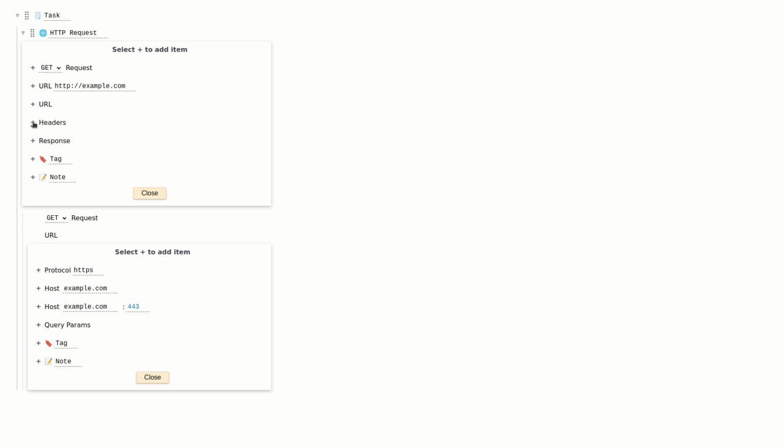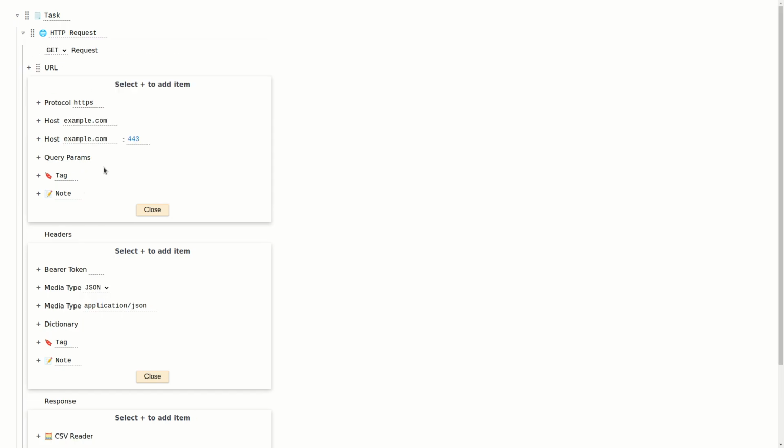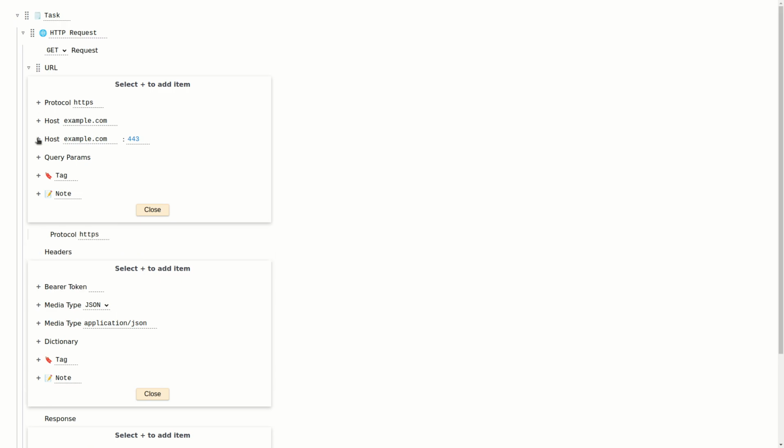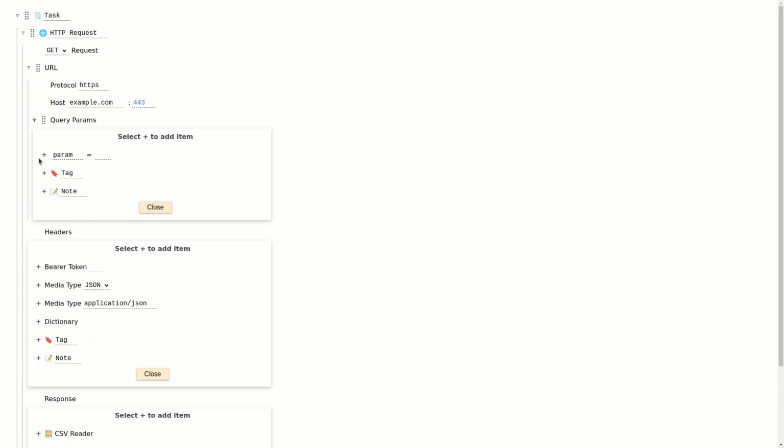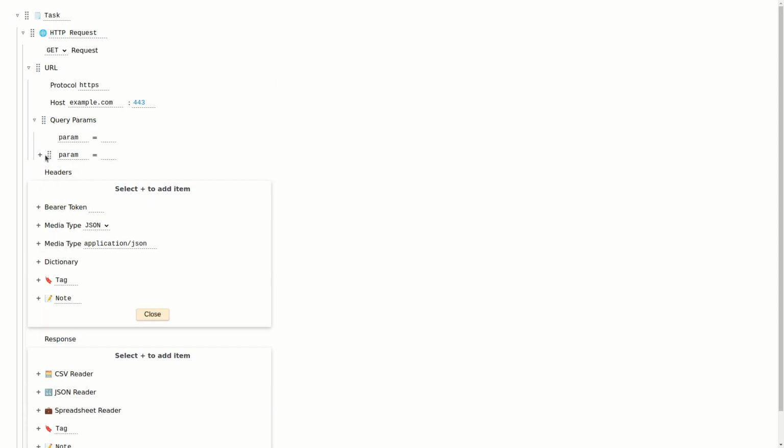I want to specify some headers. As you can see, they are added to the bottom. And I want to specify how to handle the response. So now I have the URL, and let's say I want to specify the protocol, the host and port, and the query parameters. And here the query parameters, I want two. One will be A. You can see that it works pretty well with